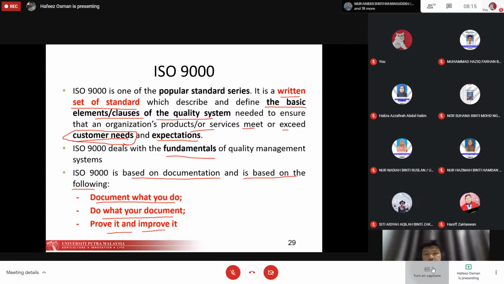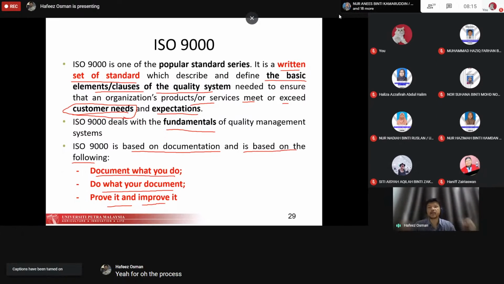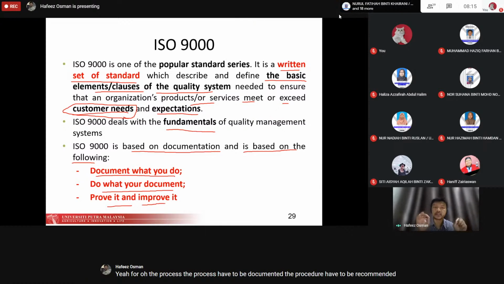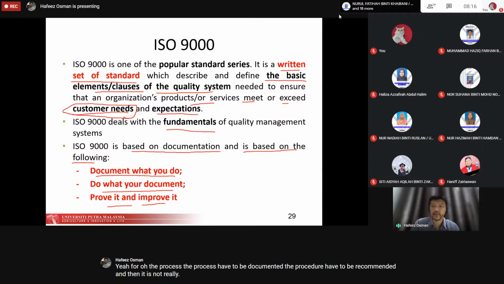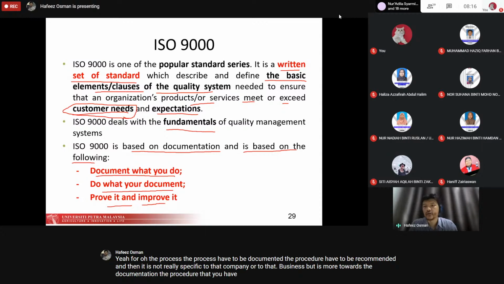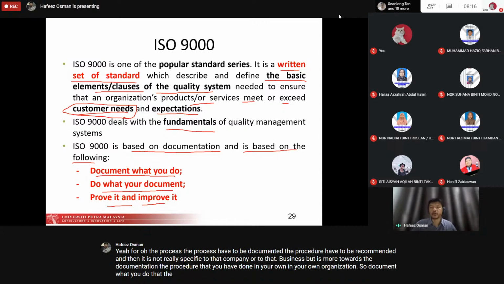So this is something that the process has to be documented, the procedure has to be documented, and then it is not really specific to that company or to that business, but it is more towards the documentation, the procedure that you have done in your own organization. So document what you do, the flow you have to document it, and then you apply, meaning that you